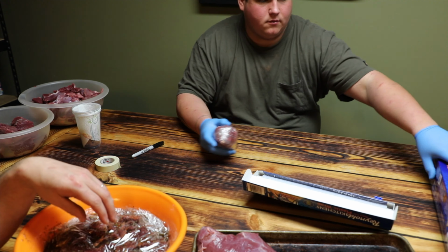And now he's ripping the freezer paper. He's going to cut it with a knife because this freezer paper for some reason doesn't have a cutter. It does, just not a very... And my knife needs to be sharpened. So